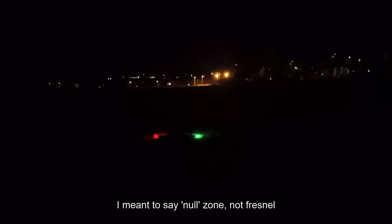All right, so the aircraft is all powered up and ready to go. Hopefully you can just about make it out there. I know it's a bit too dark to see the aircraft, but hopefully you can see the navigation lights. So yeah, let's arm the aircraft, and then I'm going to just take her straight up above. I might move her forward a little bit, because otherwise I'll be stuck in the Fresnel zone of the FPV signal. But yeah, she's going to hover just above overhead, and then we'll have a look and see what we can see. So let's start off with